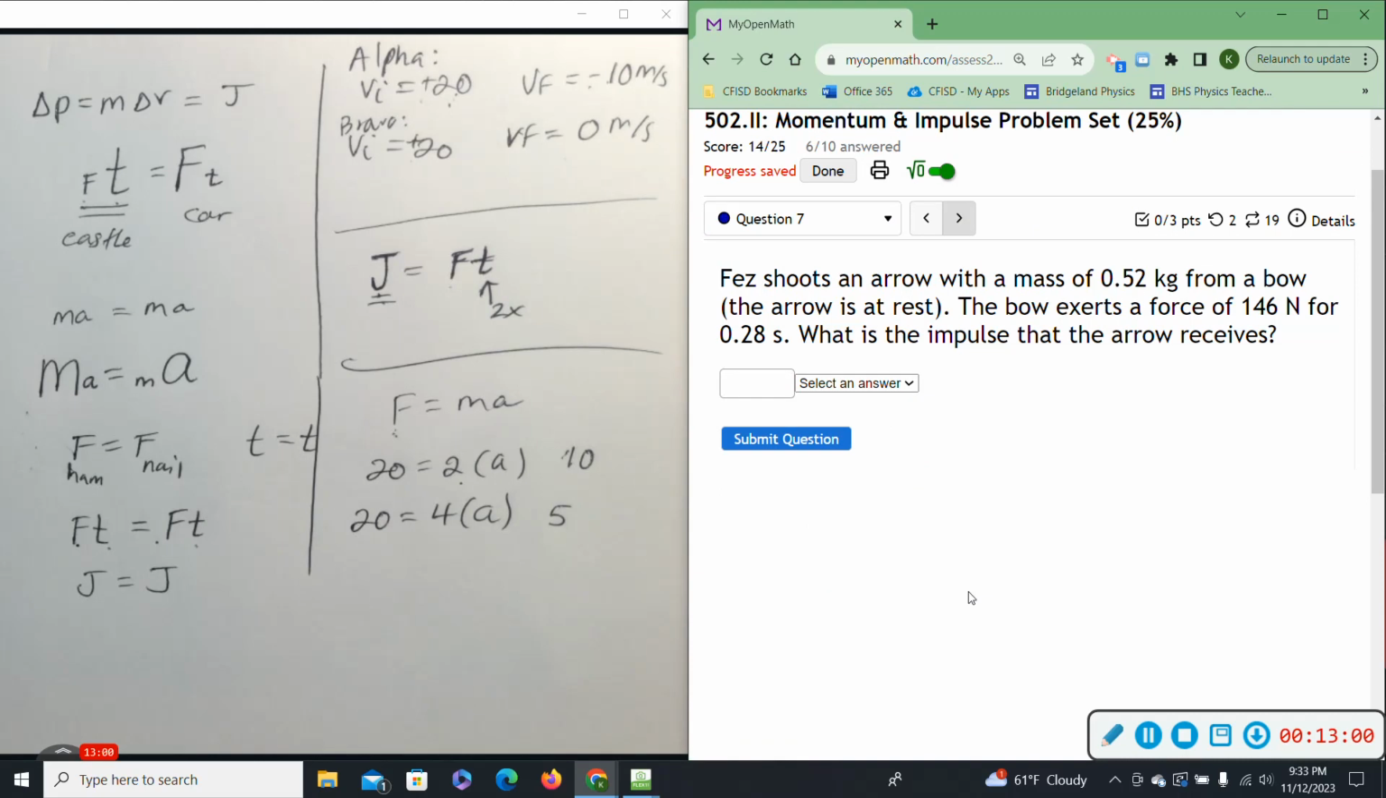This is question number 7 on 502.2. It says, Fez shoots an arrow with a mass of 0.52 kilograms from a bow. The arrow is initially at rest. The bow exerts a force of 146 newtons for 0.28 seconds. What is the impulse that the arrow receives? So impulse,